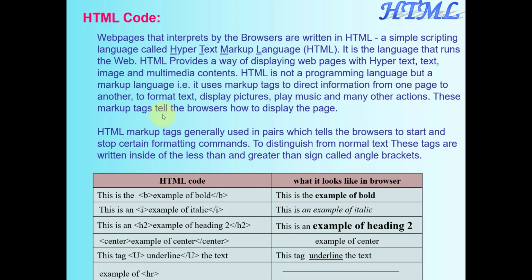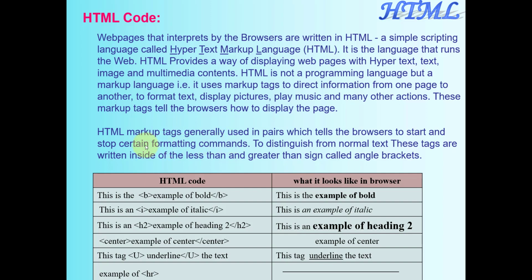These markup tags tell the browser how to display the page. So when we design anything in HTML, how it will be executed is coded with the help of HTML. Clear? HTML markup tags are generally used in pairs, which tell the browser to start and stop certain formatting commands. So students,